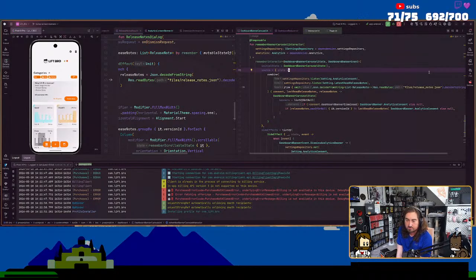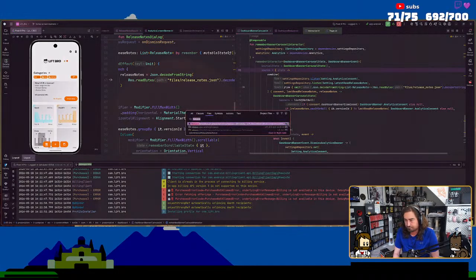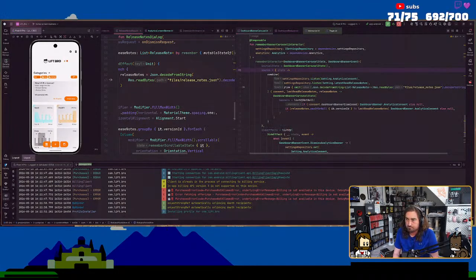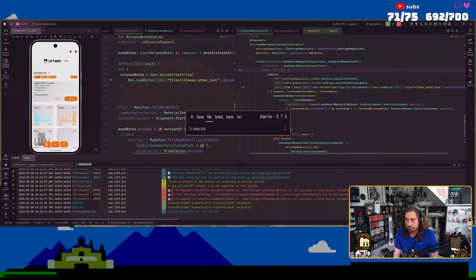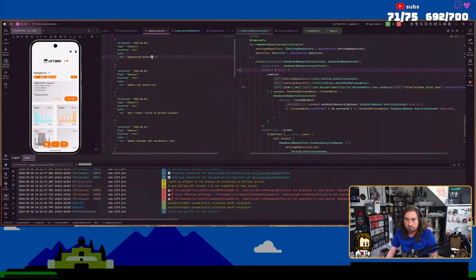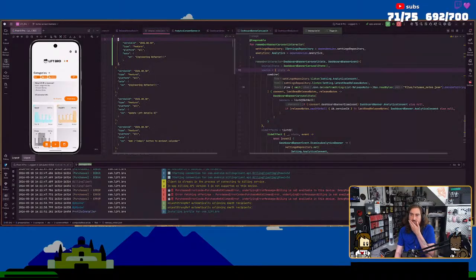I should also update release notes because that's something I need to do. Okay. What's this release going to be? It's going to be like 2026. I haven't updated the release notes in a while.